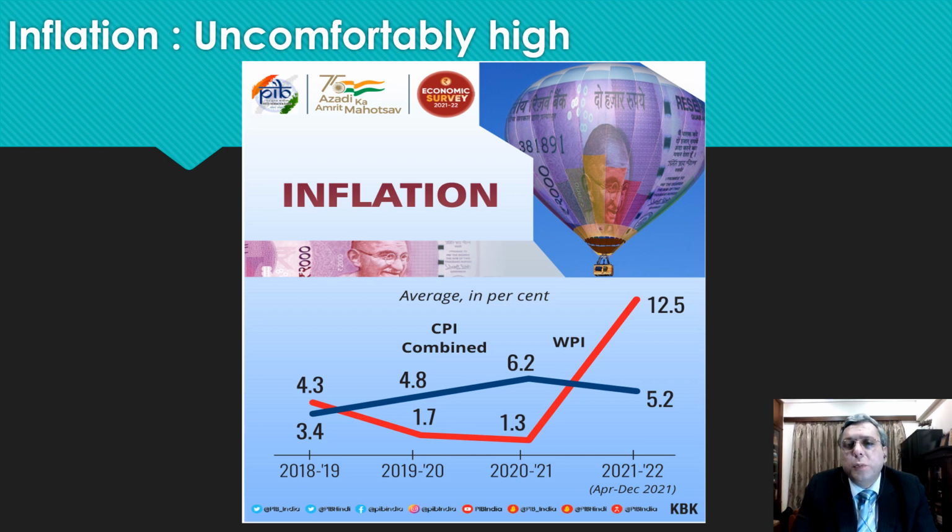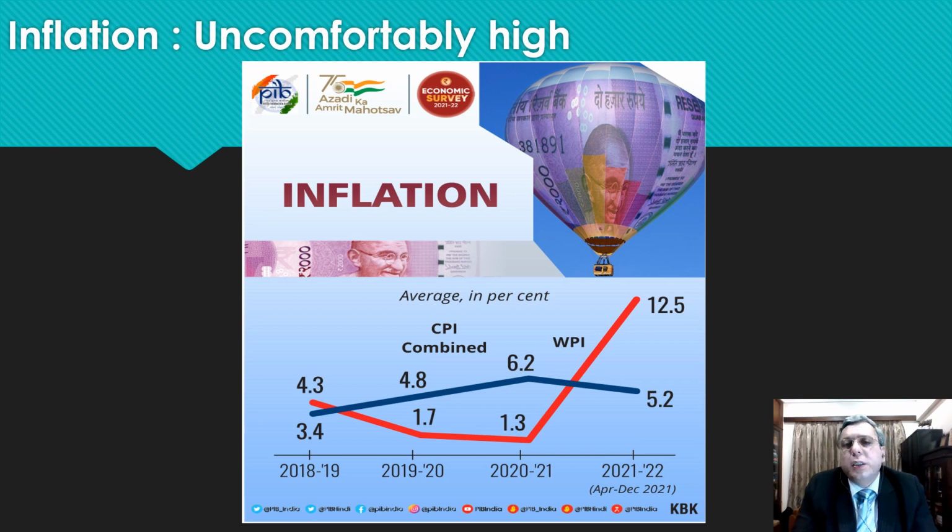India being a huge importer of commodities, starting with oil, where 84% of India's crude oil requirements are imported. And as oil went up 55% in calendar year 2021, we are seeing the impact. Metals, food grains, everything has combined to give a very high inflation in India as well, in line with the global trend. If you look at the European Union, they are seeing 5.1% in January 2022.